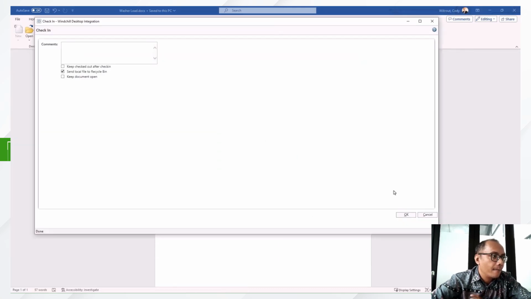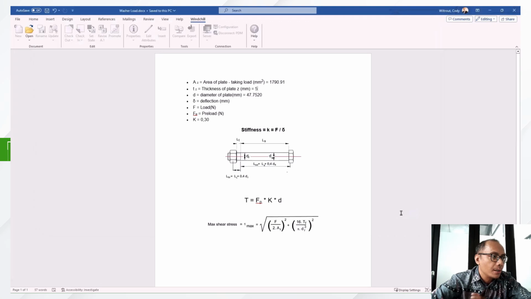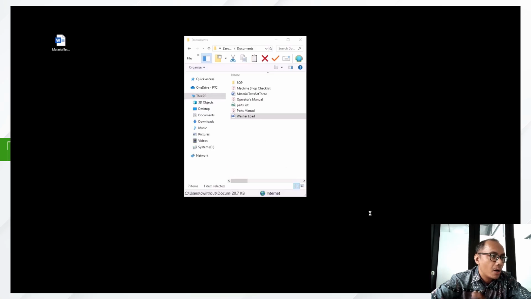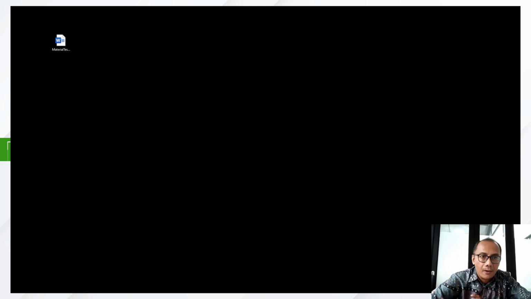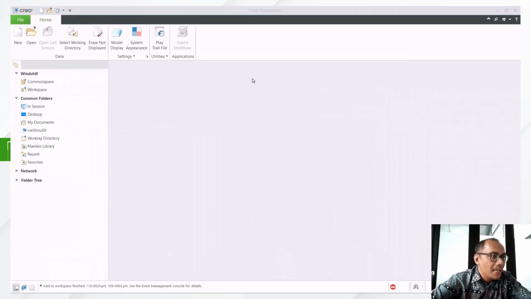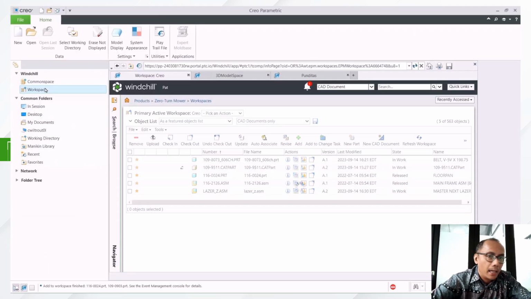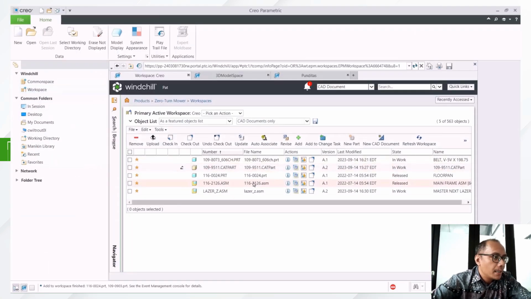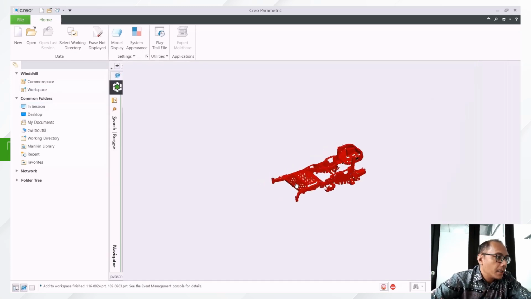So you have it set up to make sure that, again, with the check-in, check-out process, everything is always synchronized. No one is looking at an old version or accidentally keeping something on their desktop and working on something that's not the current Windchill version. Now, coming to Creo next,